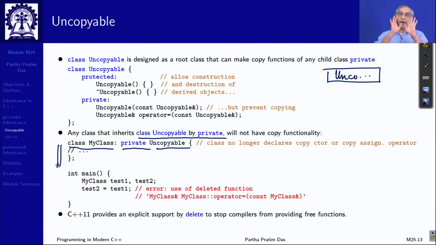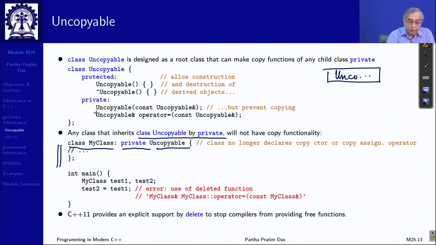The compiler will provide the copy function for my class, has to, but the compiler provided function will not be usable, because to be able to copy, say copy construct my class object, it